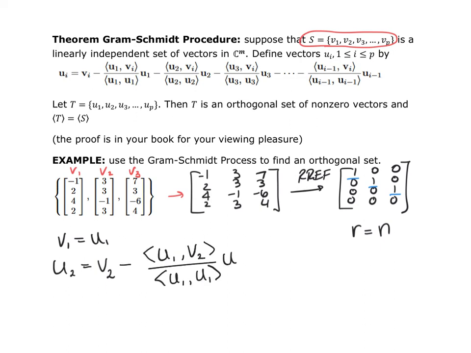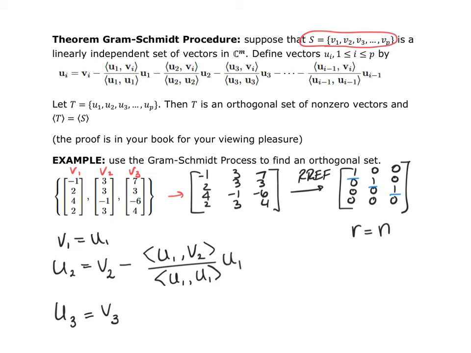This will be a scalar for the vector, and then it's going to be multiplied by my U1. My U3, using the Gram-Schmidt process, is going to be V3, this is my V3,